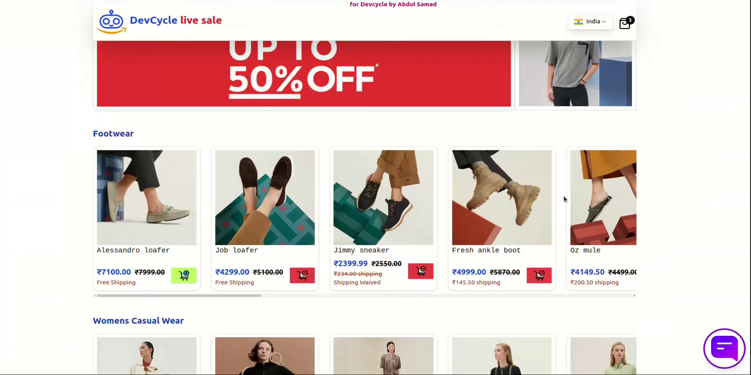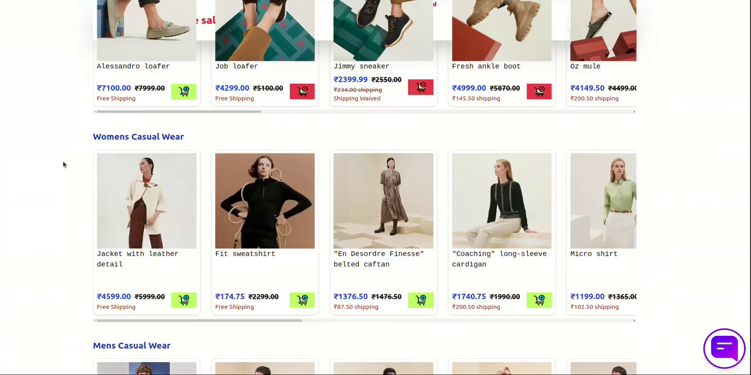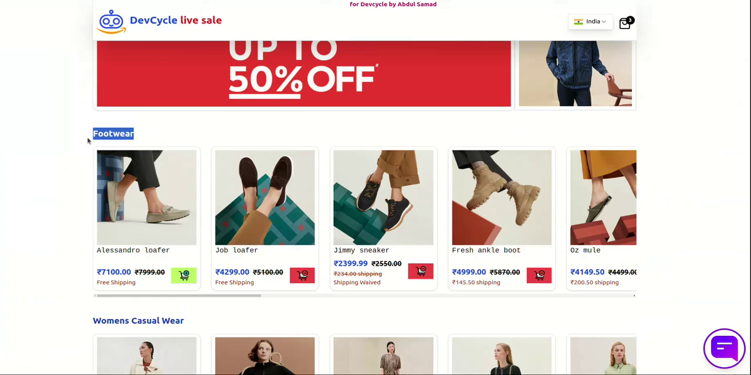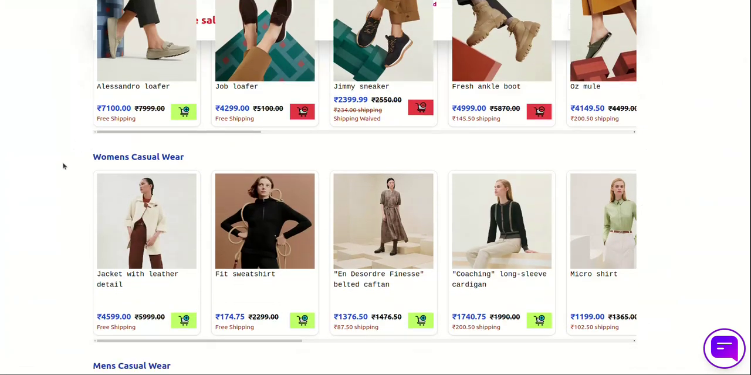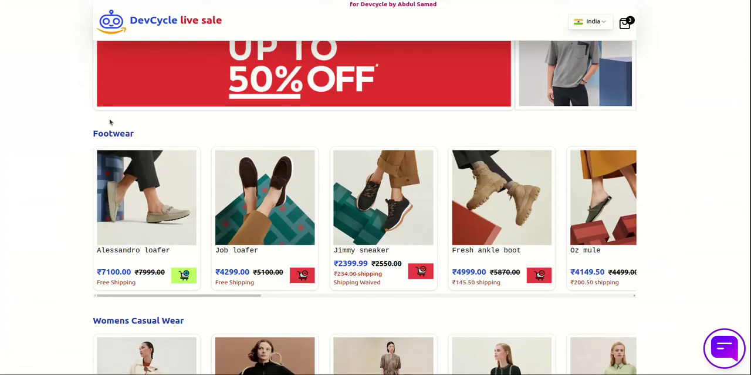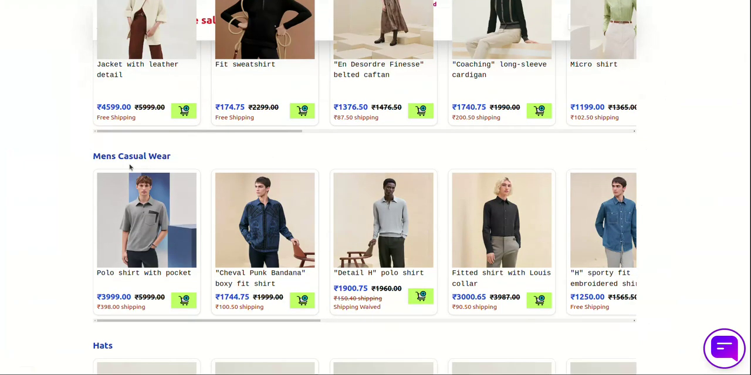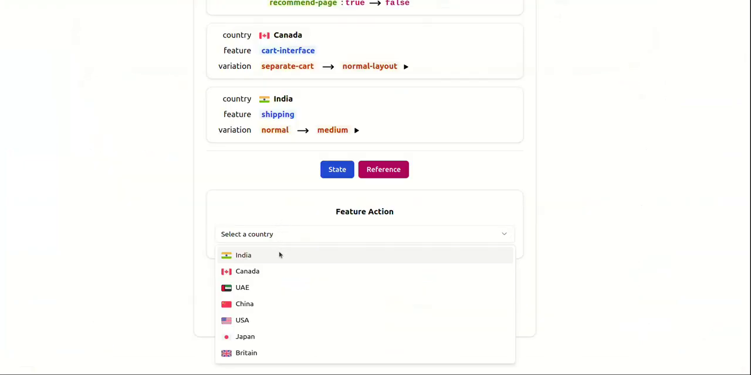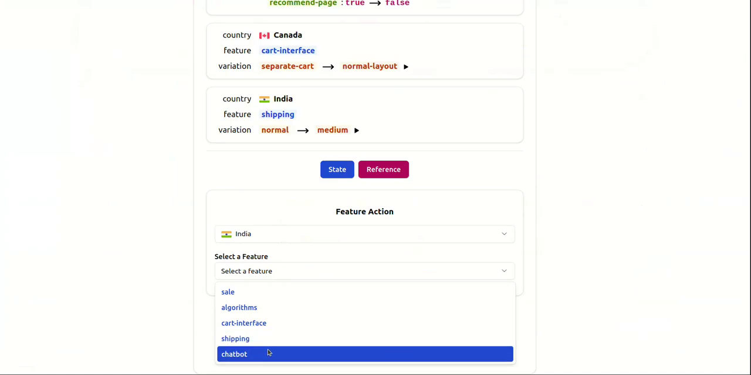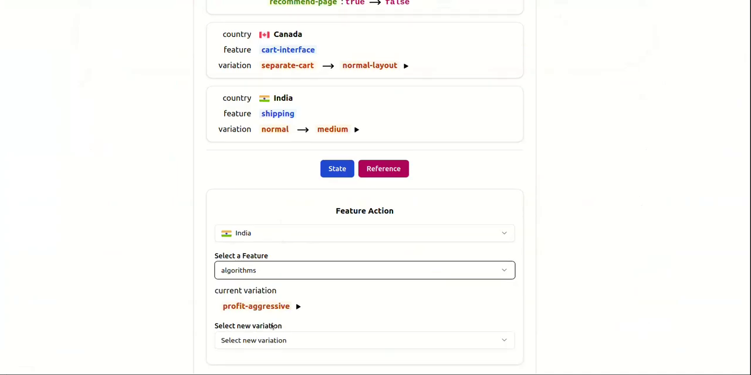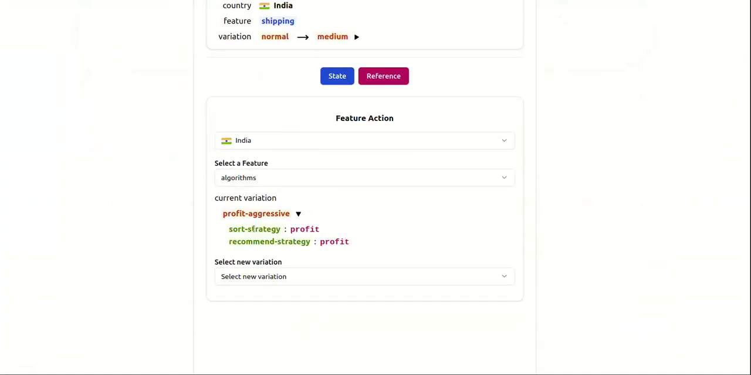So also, let's say that we want to change the sort order. Currently, by default, it is sorted by popular products and categories: footwear, women's casual wear, and men's casual wear. And for India, I change the sort order, which is currently set by algorithm as profit, and I go to normal order,